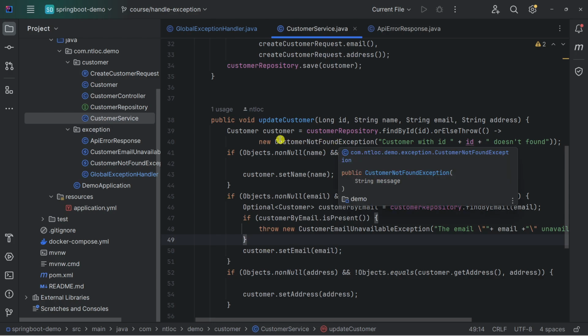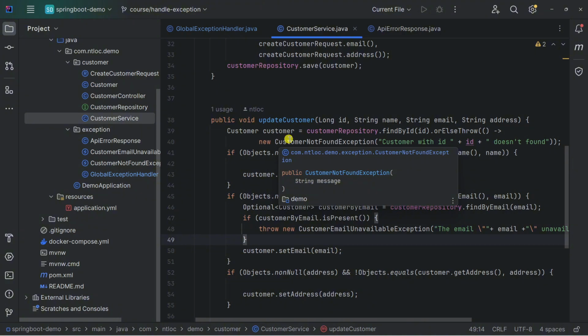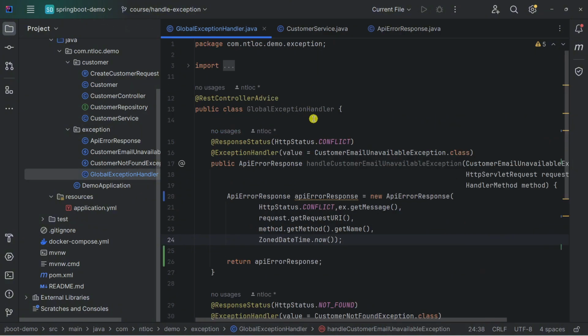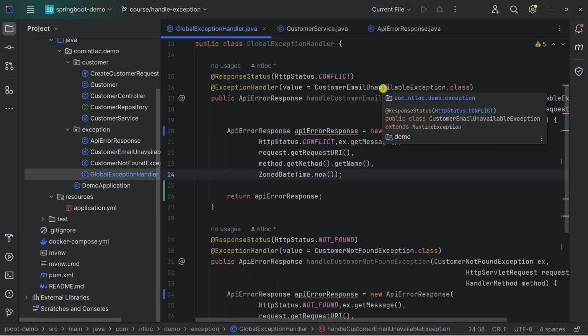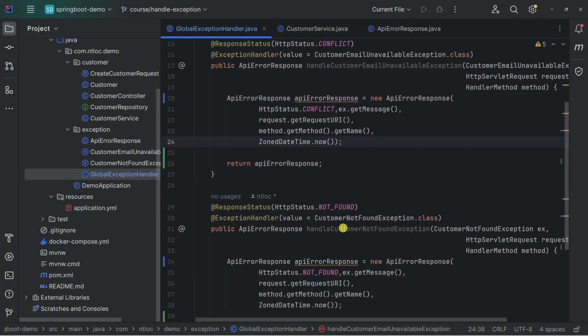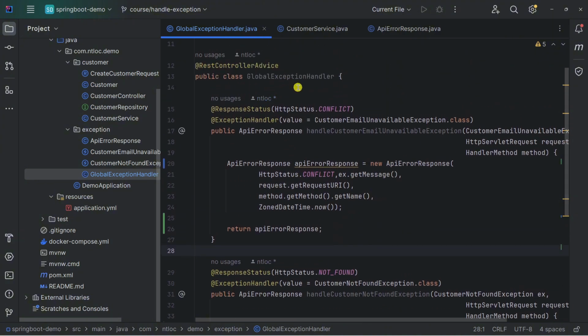All of these exceptions are handled by this global exception handler in the business logic of our application. If any customer email unavailable exception or customer not found exception occurs, then all of these exceptions will be handled in one place by the global exception handler.